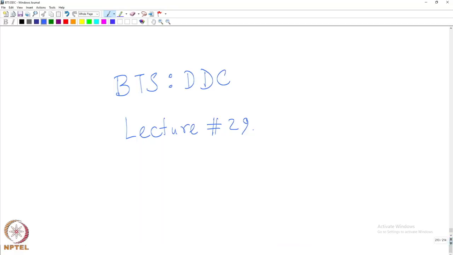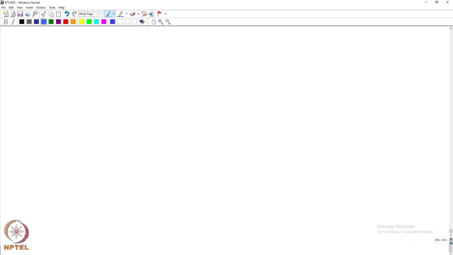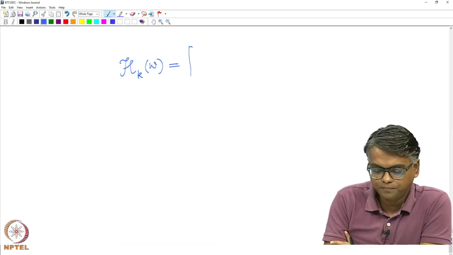Well, hello and welcome to the 29th lecture of this short course called Behavioral Theory of Systems with a view towards data driven control. We were in the middle of understanding the identification problem from a given data set, which is a trajectory, and we have gone up to this idea that it is important to construct the kth Hankel matrix from the trajectory data,